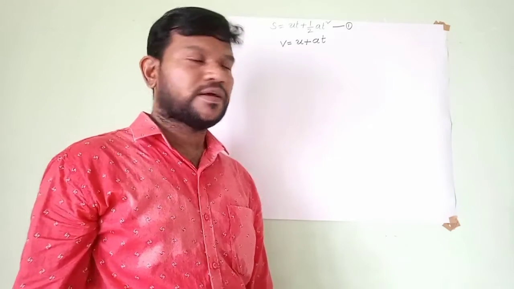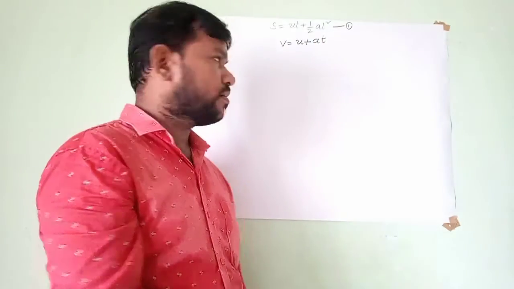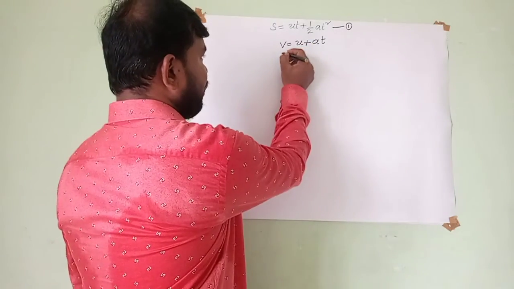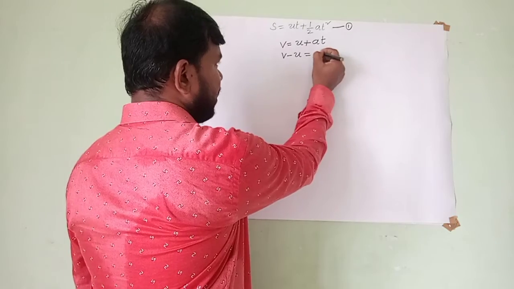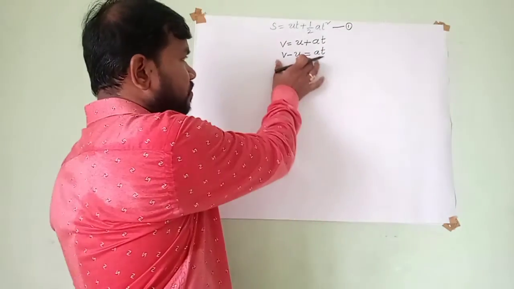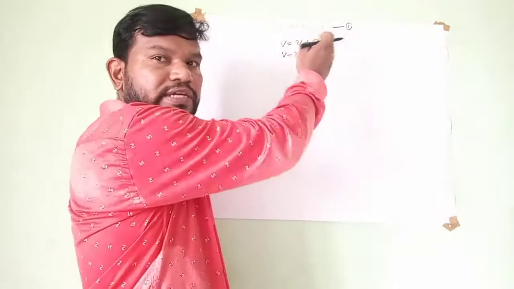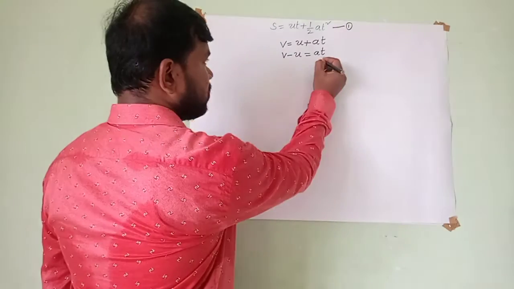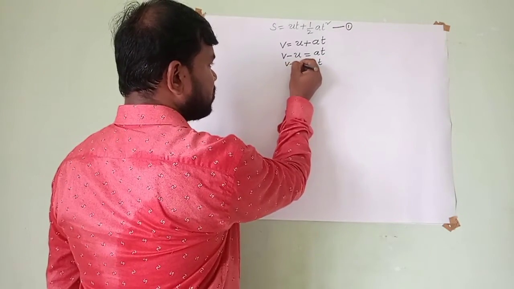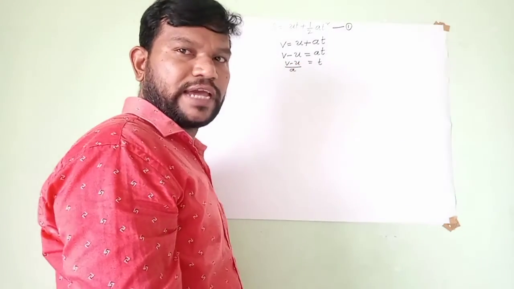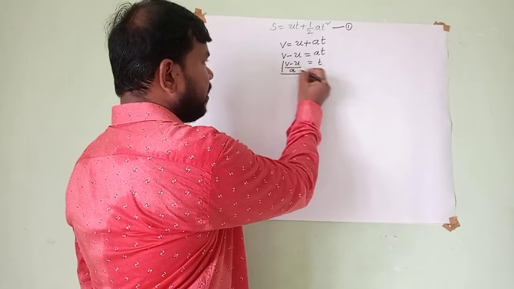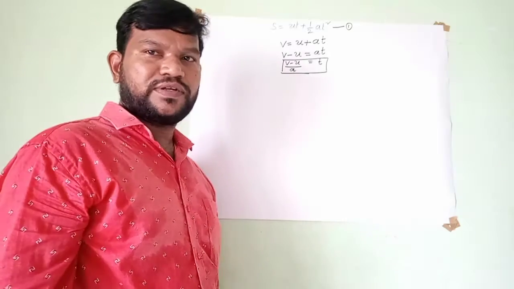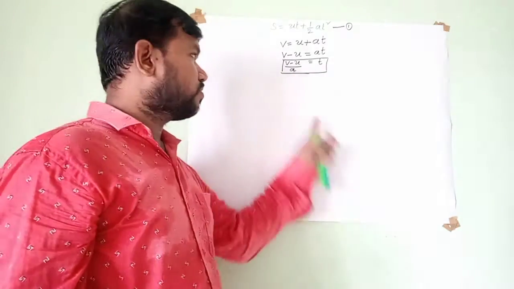Very easy. From this final velocity formula, if we make t the subject, we will see what we get. V minus u is equal to at. Okay students, I send this u from the right hand side to the left hand side, so that it becomes minus u. V minus u is equal to at. Now t is equal to v minus u by a. So the time formula we got is v minus u by a. If you know this, we can derive the third kinematic equation. V minus u by a is equal to t.